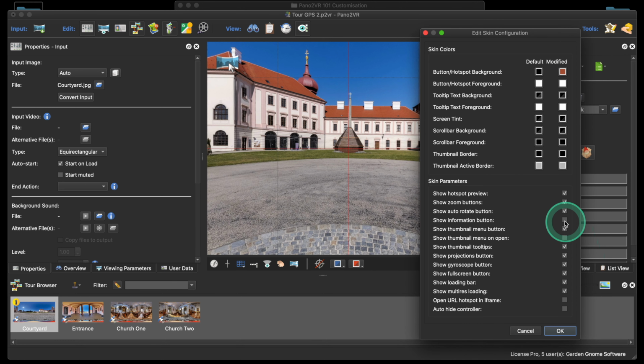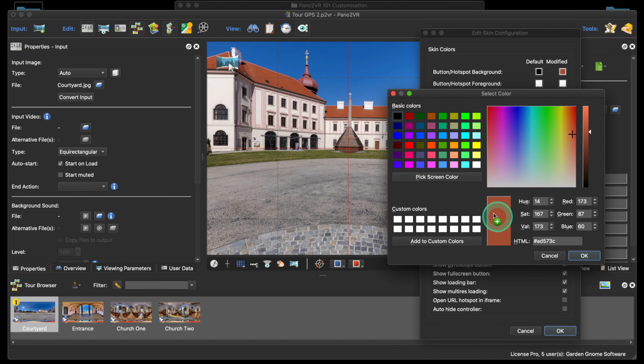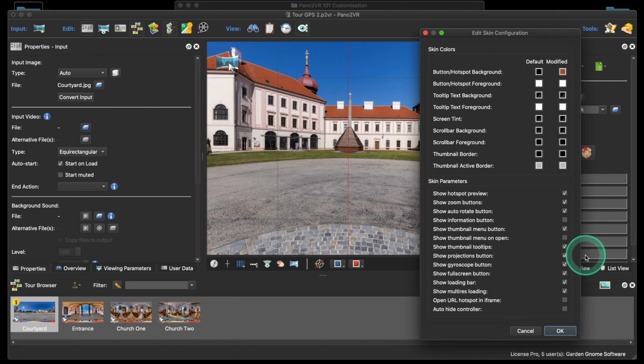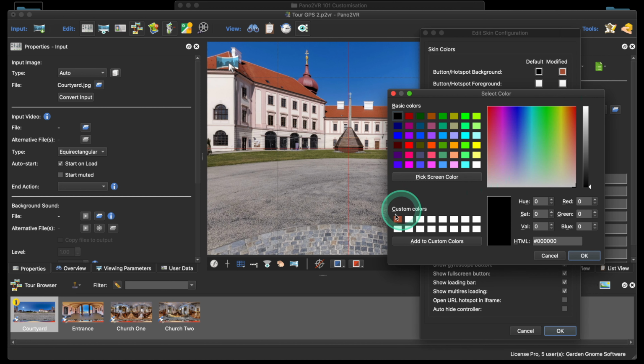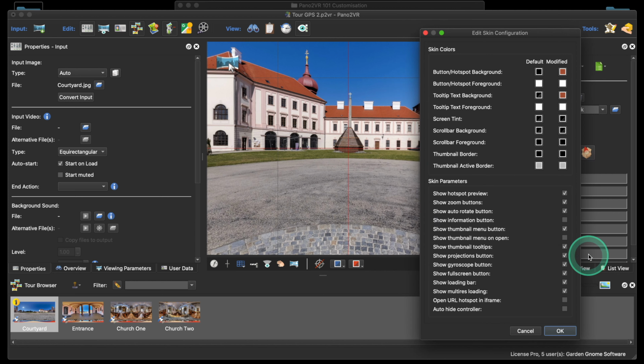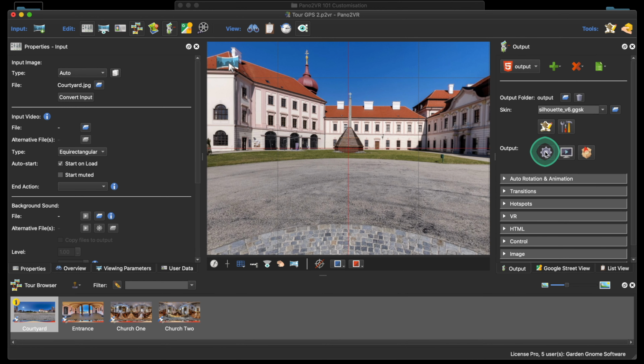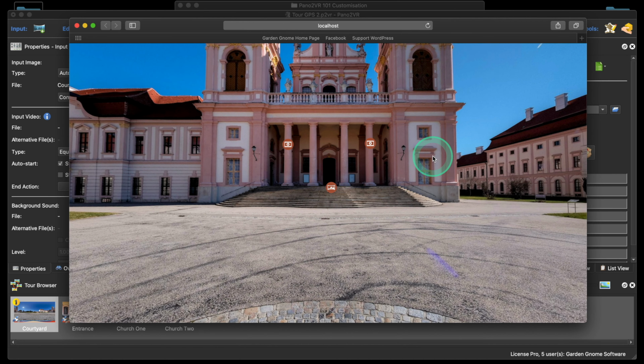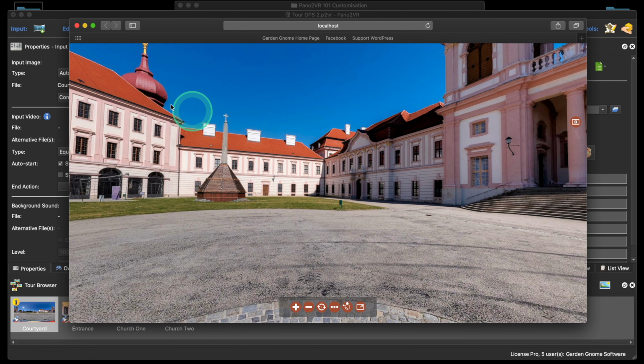Okay, so that's done. And I'm quite happy for the hotspots to have that color. So actually I'm going to open this up and drag this into the custom colors, and the idea here is I'm going to look at the tooltip background and use that same color. There we go. So let's do that. Click OK and generate the output, and what we should have is some nice looking buttons. It's now matching the color of the